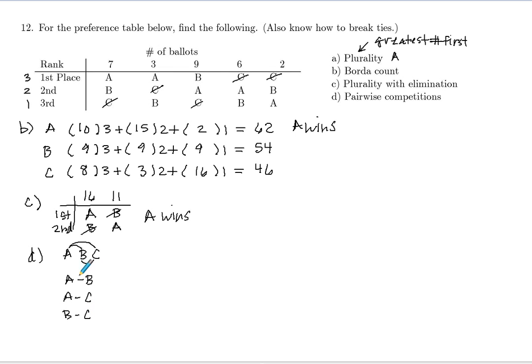And remember, we're looking here, how many times is A over B in the table? So A is over B here 7 times, that's 3 times here, that's 10, and 6 more here, so 16. To B would be whatever is left, B over A. There's 2 times here and 9 times here, so that's 11, 16 to 11, and A wins